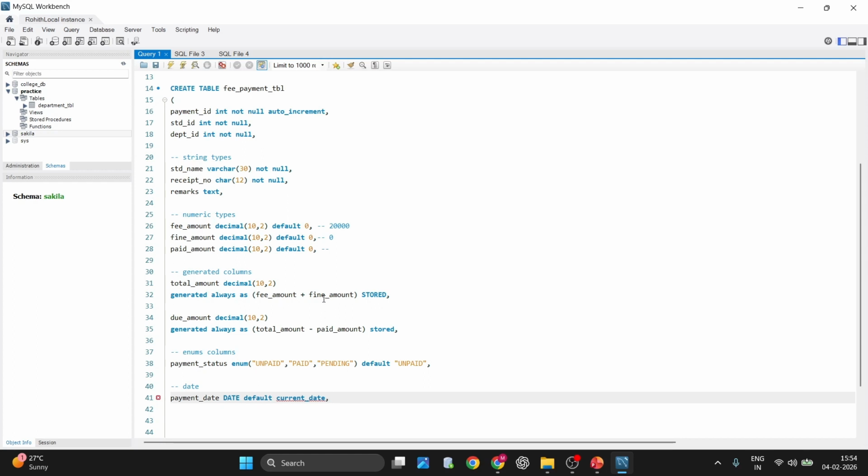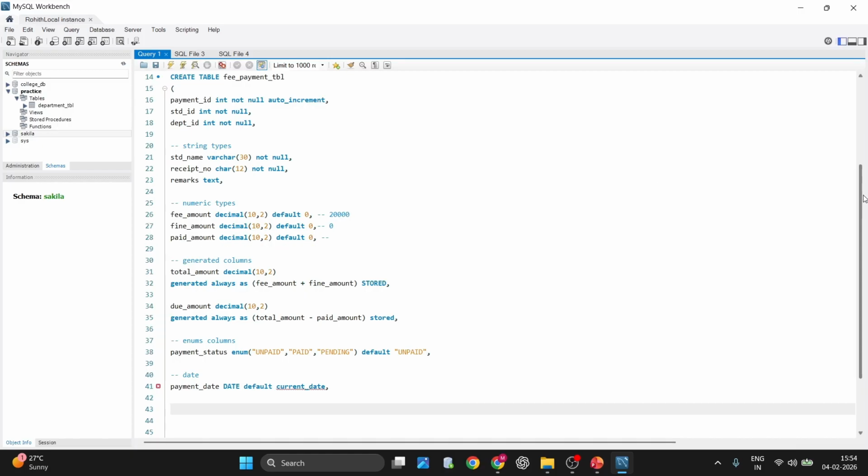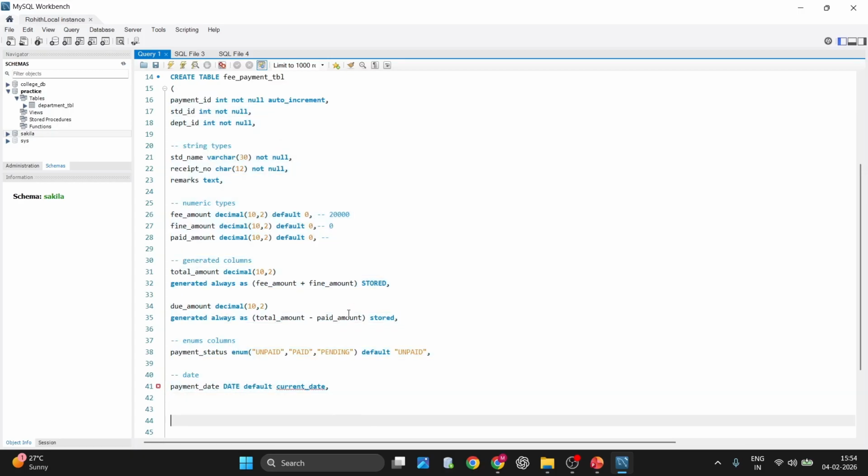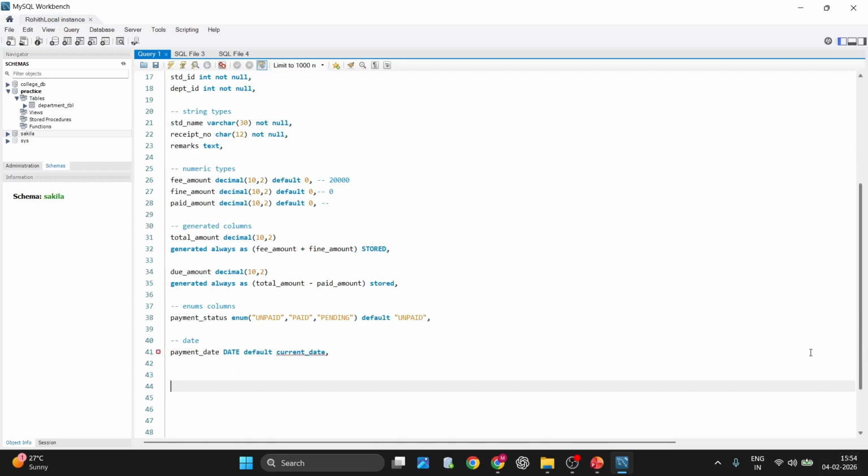Okay. Now, till now, the column definitions were completed. These are all column definitions I have given. Now I haven't given any primary key. I haven't given any unique constraint. I have only given NOT NULL as well as default because I can't name those things. Now let us give